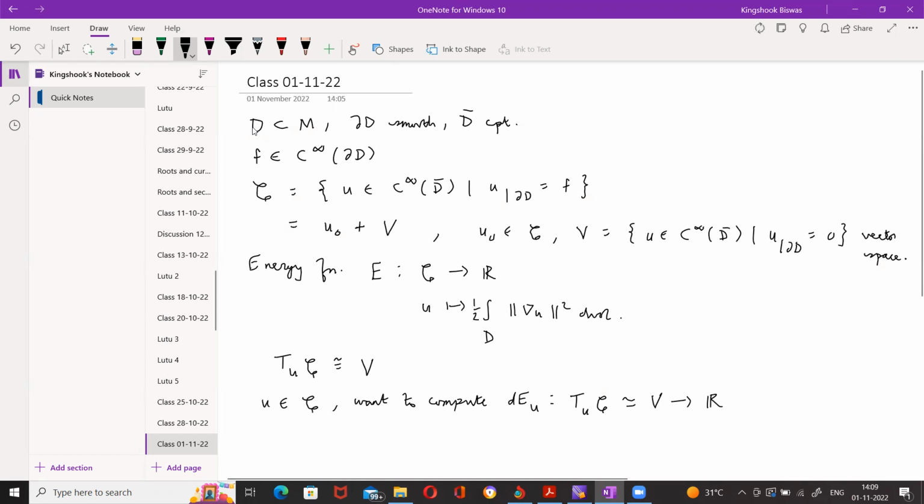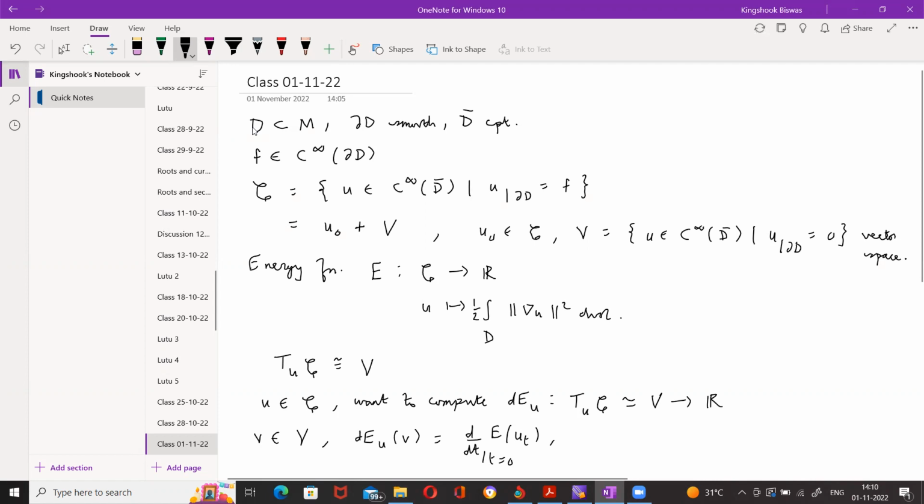So if I take a little v in V, then the derivative of the energy function applied to little v is going to be d/dt at t equal to 0 of E of u_t,